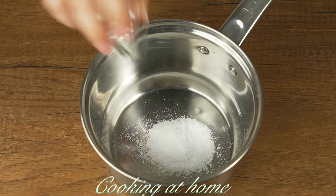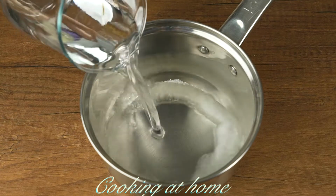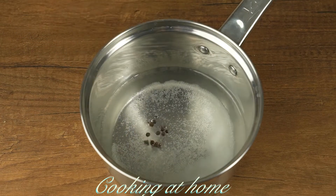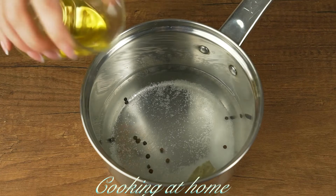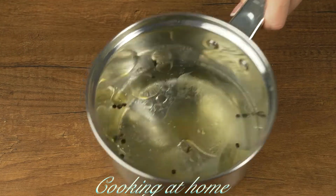Let's prepare the marinade. Let's pour 3 tablespoons of salt and 3 tablespoons of sugar and 750 milliliters of water, some pepper, laurel leaves, and some vegetable oil, and also 100 grams of vinegar. Let's boil it,